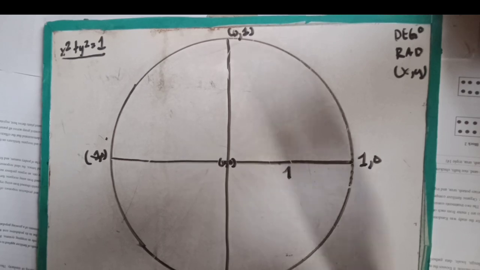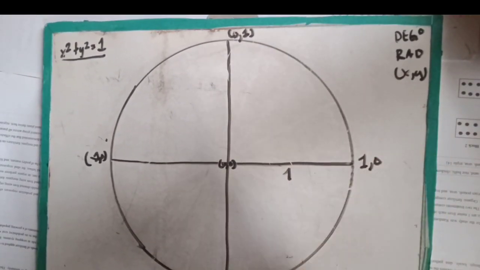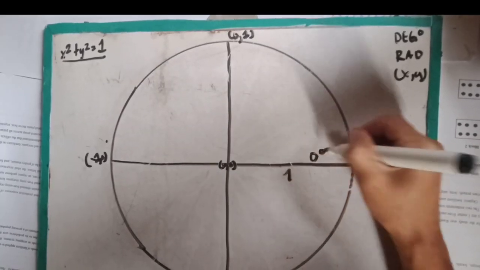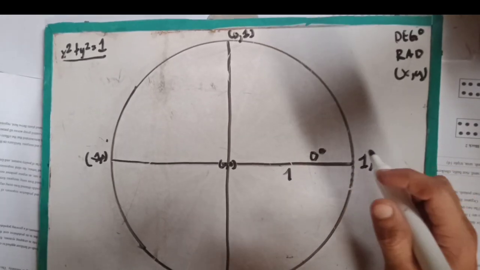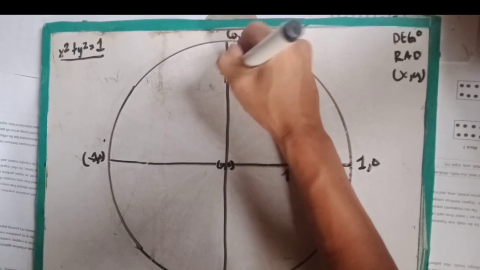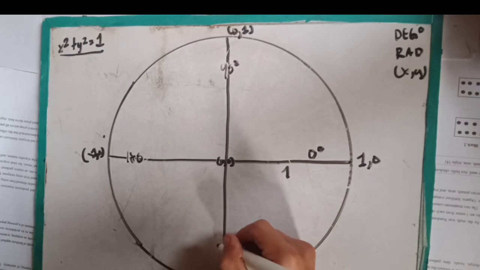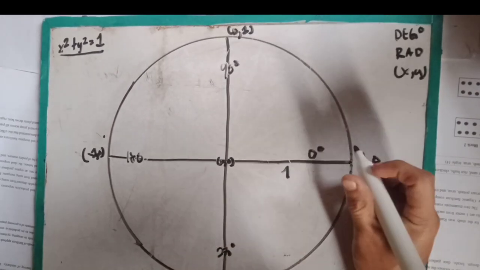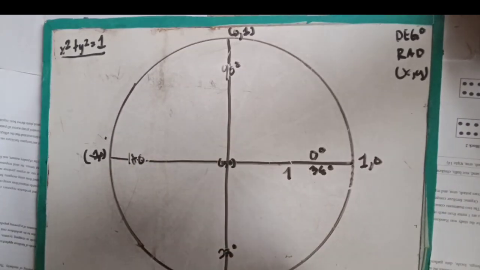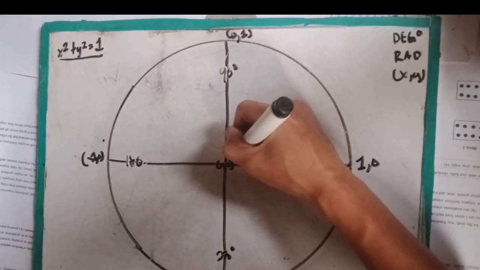So next we will find the value in degrees of every corresponding angle in the unit circle. First, we'll start at 0 degrees. In order to have positive values, we will go counterclockwise. So right here is 90 degrees, and right here is 180 degrees, then 270 degrees, and to have the full cycle we have 360 degrees. After having those values, we will move on to quadrant 1. Right here there are 3 angles in quadrant 1.